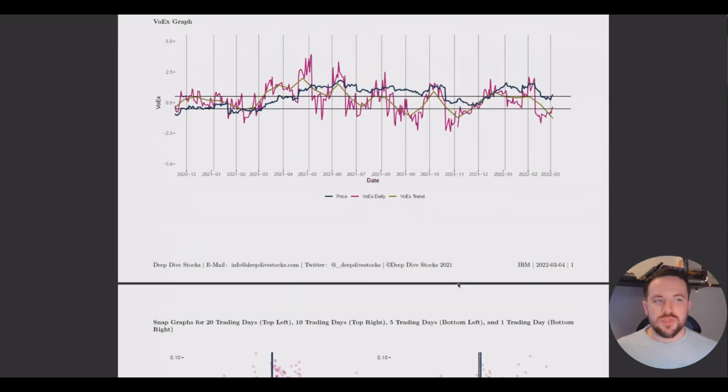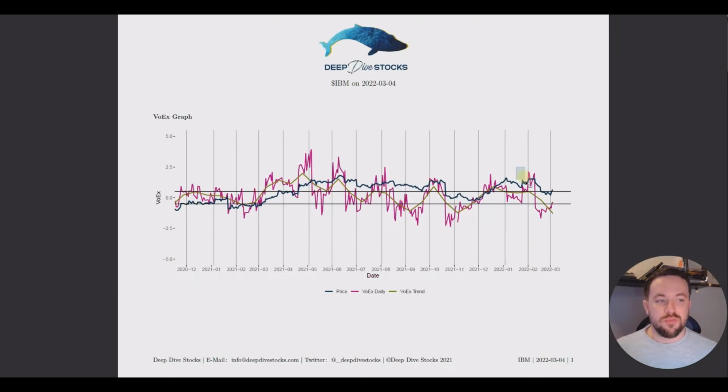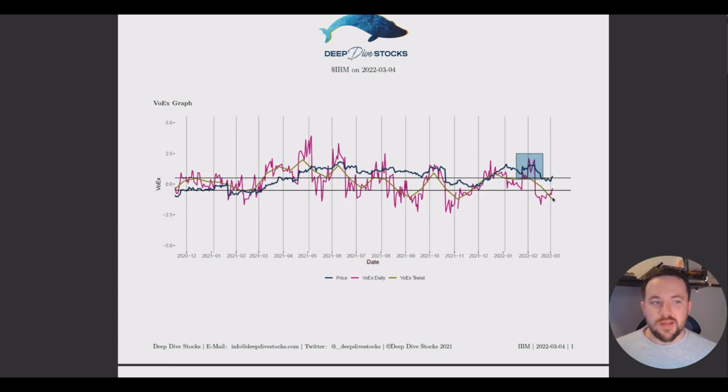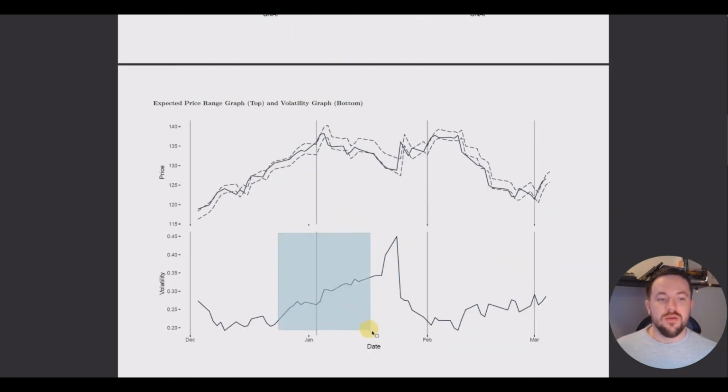And this is also something that we see in VoEx itself. VoEx does start measuring liquidity and the absence of liquidity when it becomes too much. And we notice that as the price was rising, that's when VoEx started spiking, which is around the same time that the implied volatility started rising as well. So VoEx was picking up on the diminishing liquidity, which typically means that, well, if liquidity is diminishing on the upside, there's less buyers, or it's more difficult to buy. Typically, eventually the price will fall.